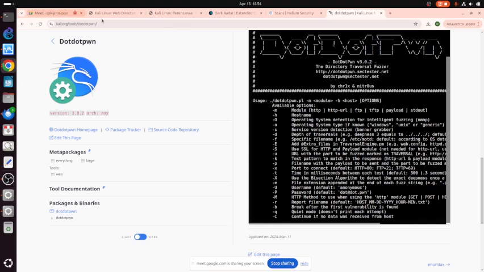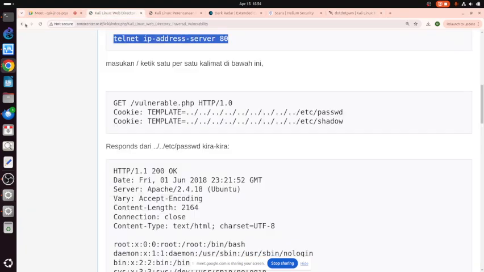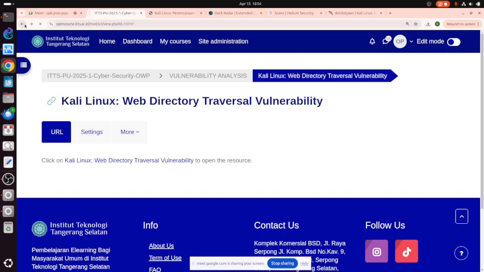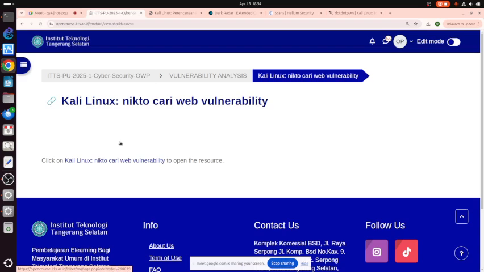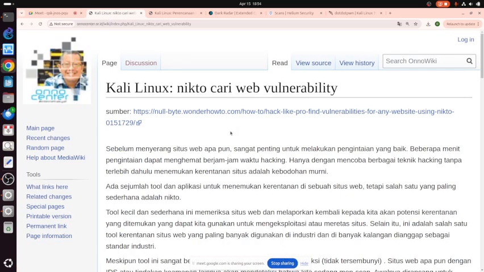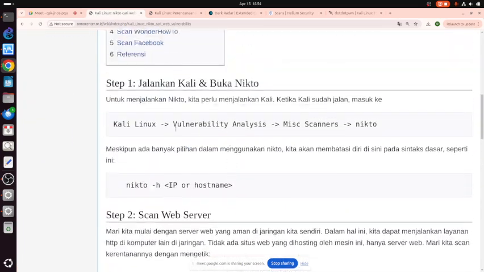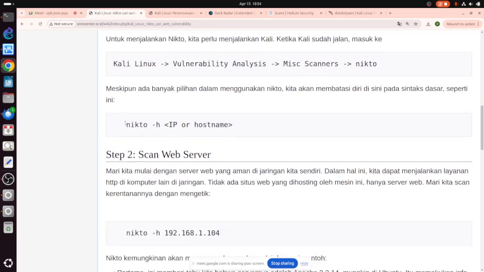Now, the other one is we want to test using Nikto, for example. Nikto is a tool for vulnerability analysis, basically very similar to dotdotpwn. All we need to do is type Nikto and the IP address of the server.